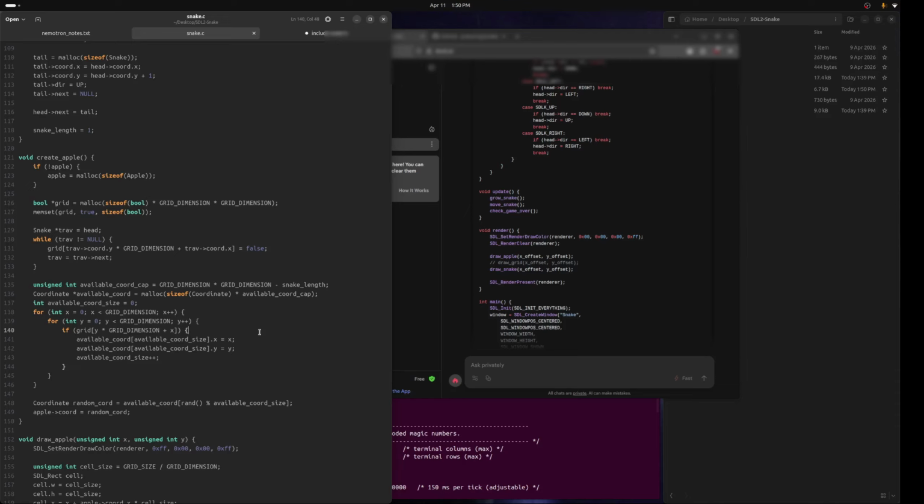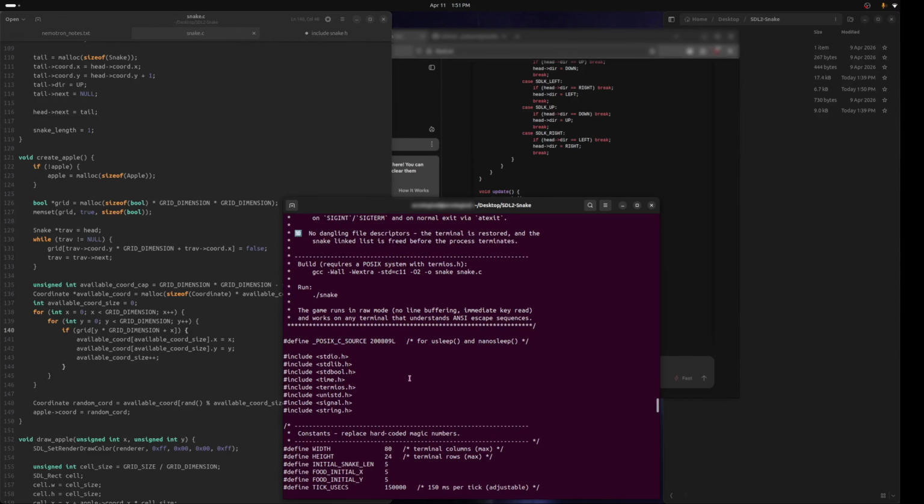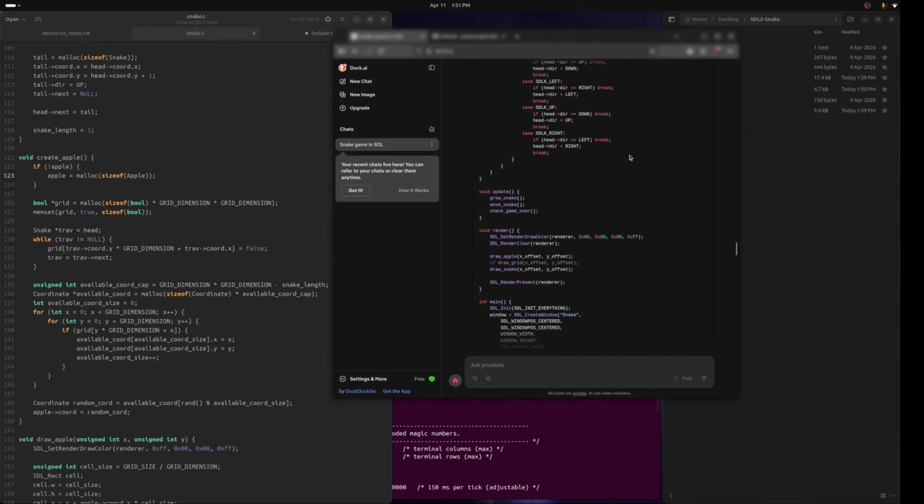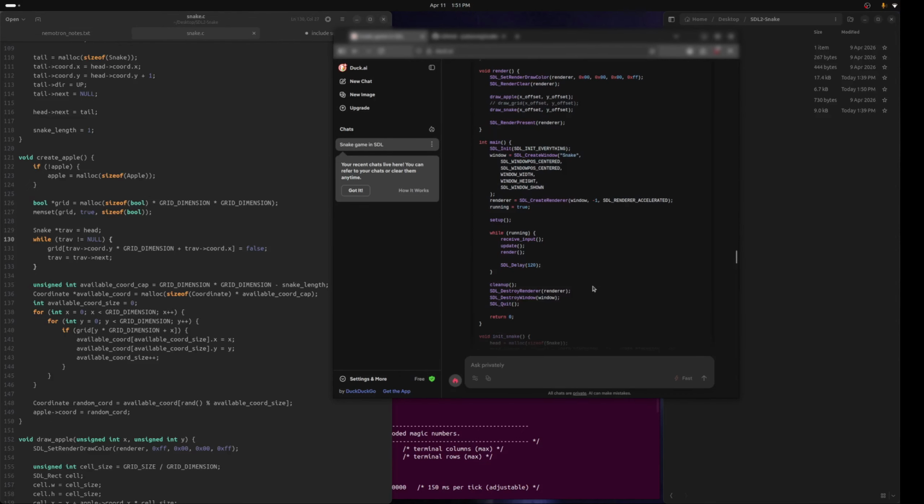One completely failed to compile, and to be fair to Nemotron, I have seen it one-shot a snake program that did compile. It was just completely unplayable. And one made a program that did compile but wouldn't even get past the first apple for the snake to eat. So, you know,